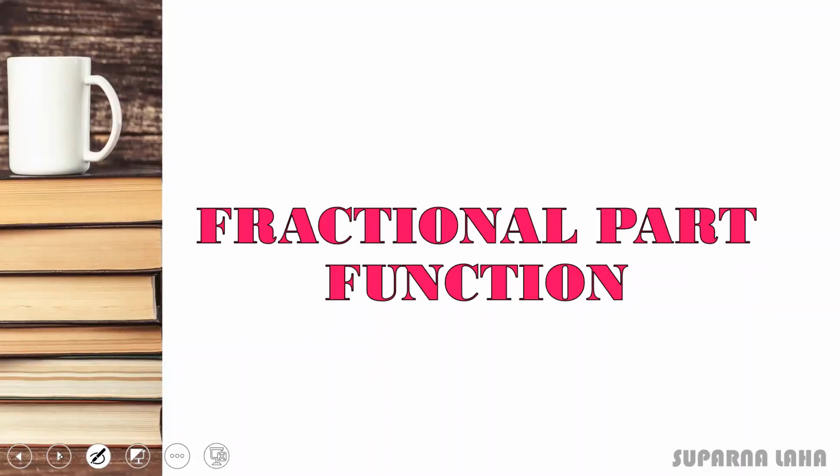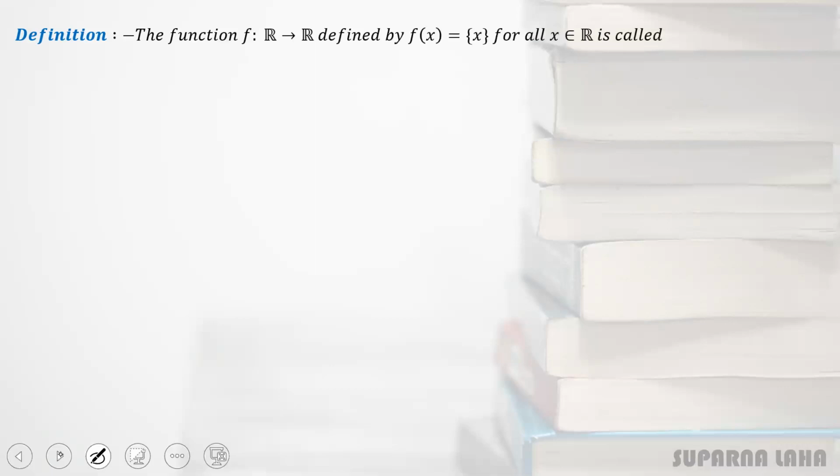Now by the name you can easily understand what you mean by this function. So here its definition is given by the function. Definitely this is a real valued function, and we define this function within the second bracket, that is, second bracket of x is equal to f(x). We call this the fractional part of the function. Now what do you mean by the fractional part? If we take 3.45, the fractional part of this is 0.45. So only we will write down the fractional part.